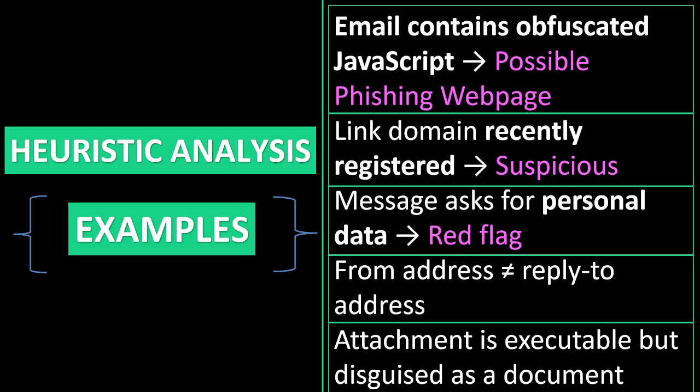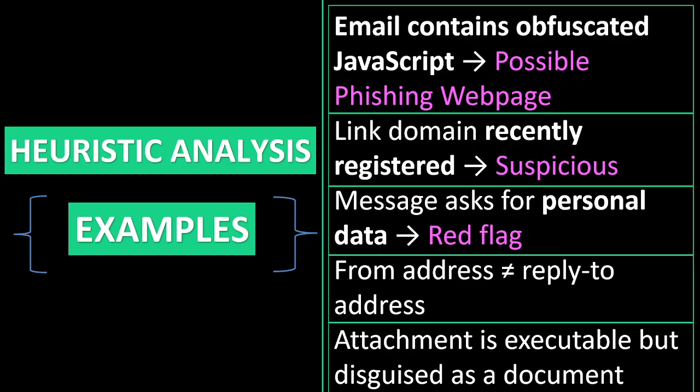If the from address is not equal to the reply-to address, that's something suspicious. Attachment is executable but disguised as a document. It came to you as a document, but actually it is an executable. And in the previous slides we discussed that executables contain malware. Once you execute it, it will spread malware in the system.